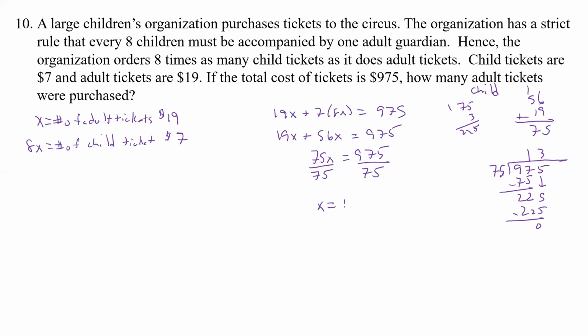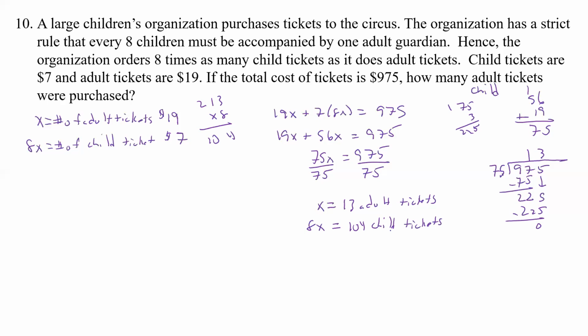That's 0. So 13 adult tickets. And what we had was 8x, so now we have to take 13 times 8, so that's 24. That's 104 child